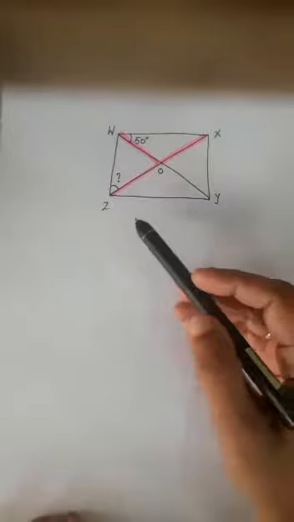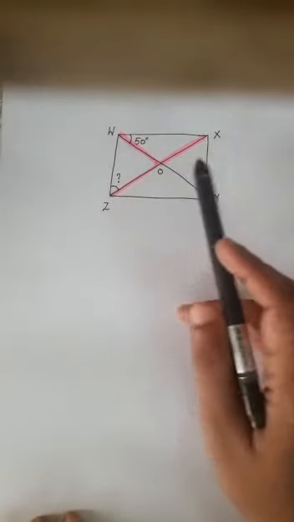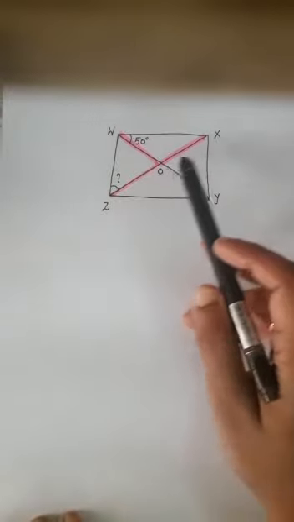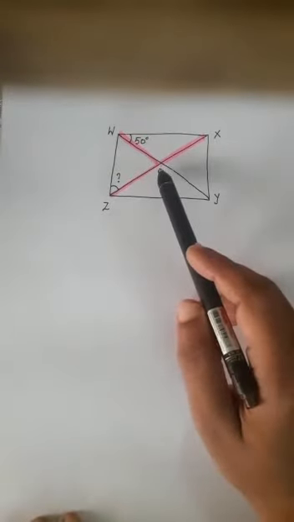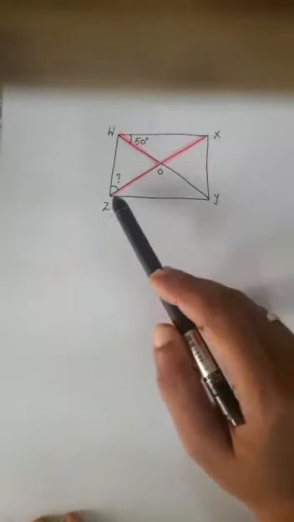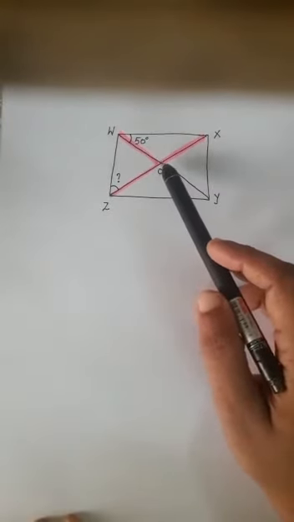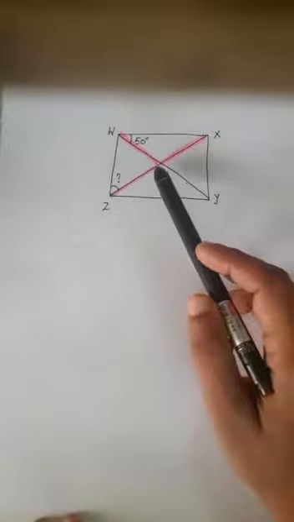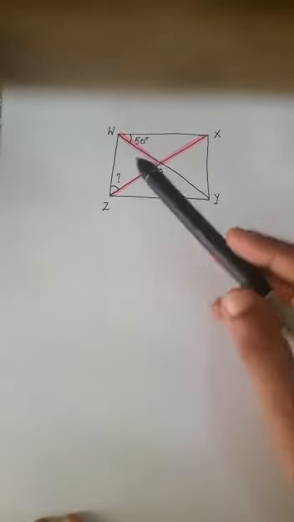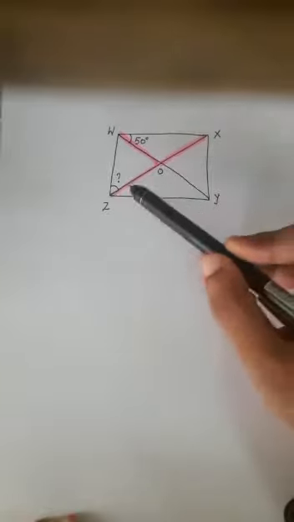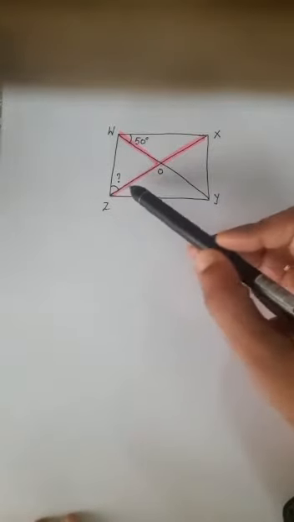So, in the seventh question it is given W, X, Y, Z is a quadrilateral. The diagonals intersect at the point O, and as I have highlighted, it is given OX equals OZ equals OW, and the measure of this angle is given as 50 degree. You need to find the measure of this angle.